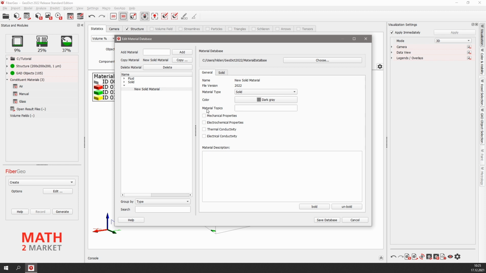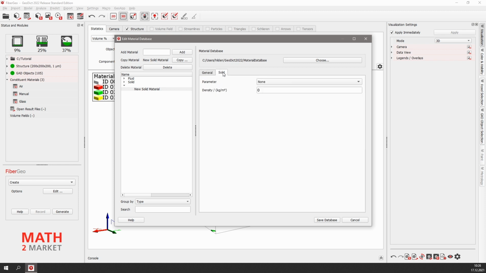properties again. But I will change the density in the Solid tab, as for many simulations, this is a required property. We can either enter just one parameter or a list where the density depends on the temperature. To show it to you, I just select temperature, and as you can see, we have one row by default. The number of rows can be changed down here, and then you could enter temperatures and the according density values. But we stay with the simple way, so switch back to none up here, and we will only set a